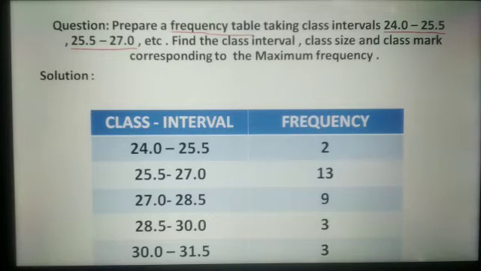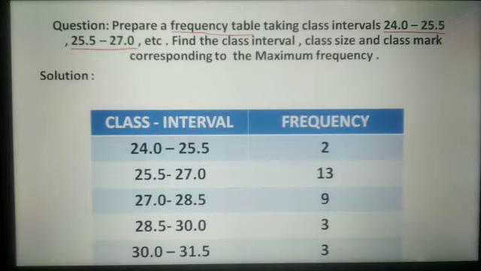First we have to make the frequency table by taking class intervals. Students, we check that the minimum value in this question is 24.9 and the maximum value is